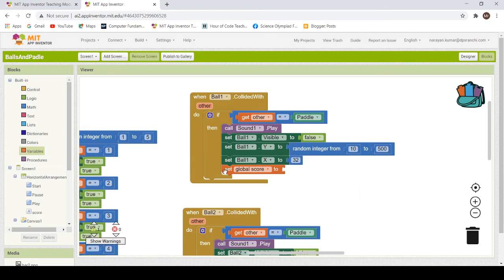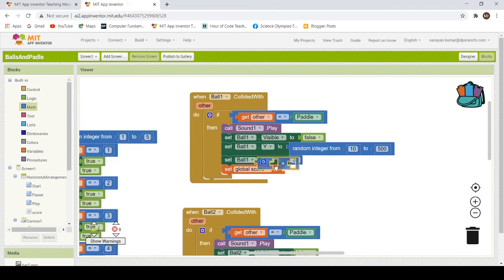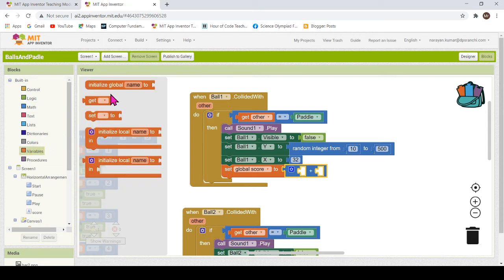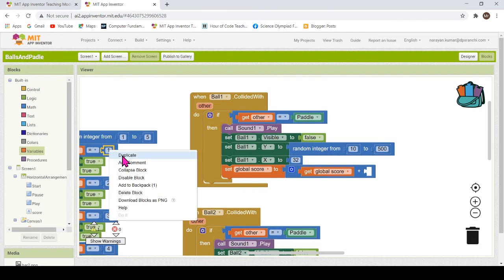We will set it equal to, we will go to the math block, and say add 2 numbers. The number which is initially there, there was a 0 value, so we'll say get global score, plus 5. So how to add 5?